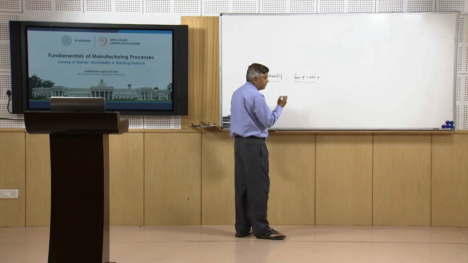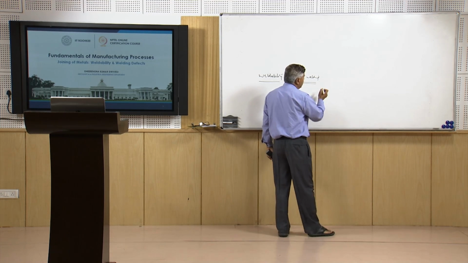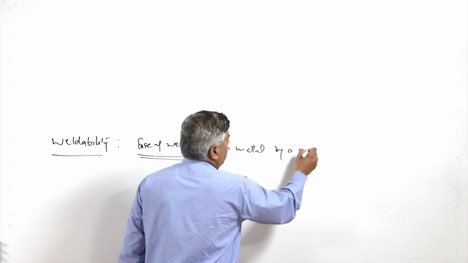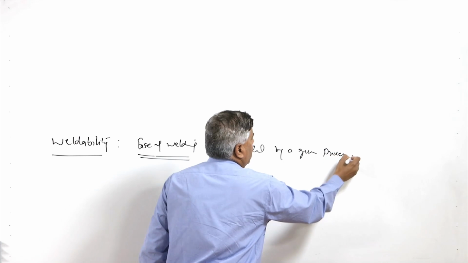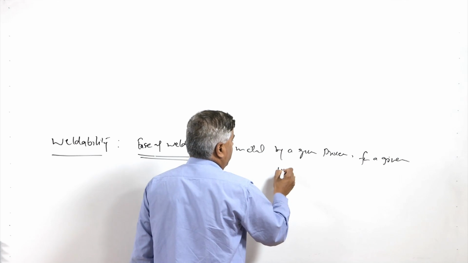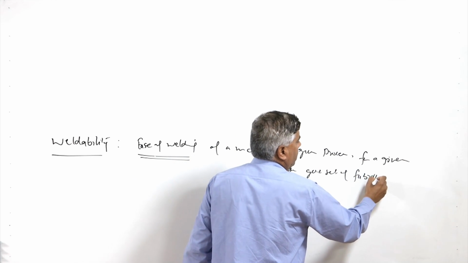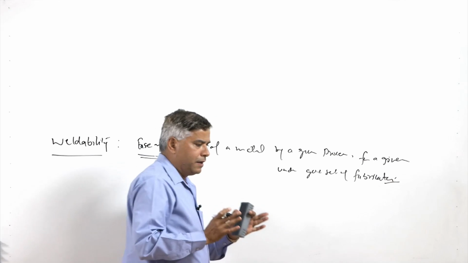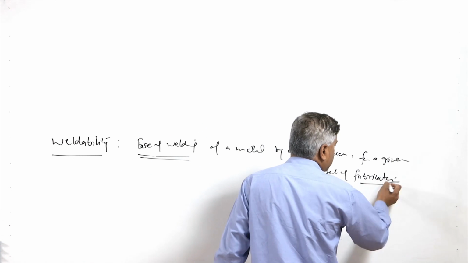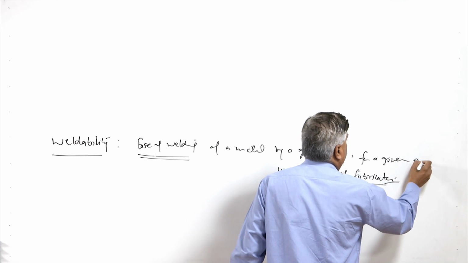So, as I said, the weldability of a metal is defined with regard to the ease of welding of a metal when it is welded by a given process, for a given purpose, under a given set of fabrication conditions, because sometimes the restraints or the limits under which the joints are to be made also limit the ease of welding.